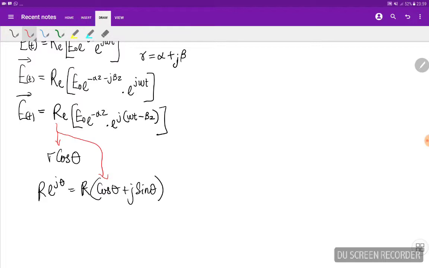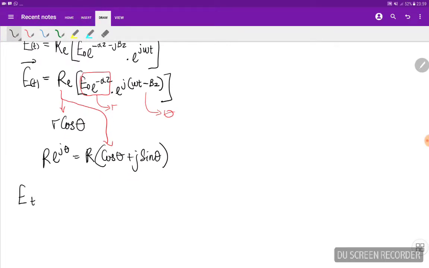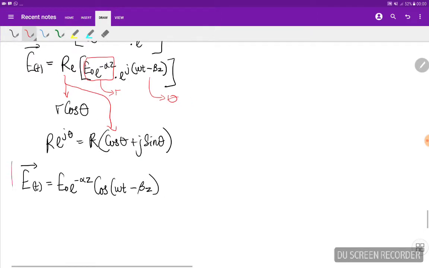So this will serve as our R, while this angle here will serve as our theta. Therefore, the general wave in the time domain is E naught e raised to the power minus alpha Z times cos(ωt minus βZ). And that is the wave equation